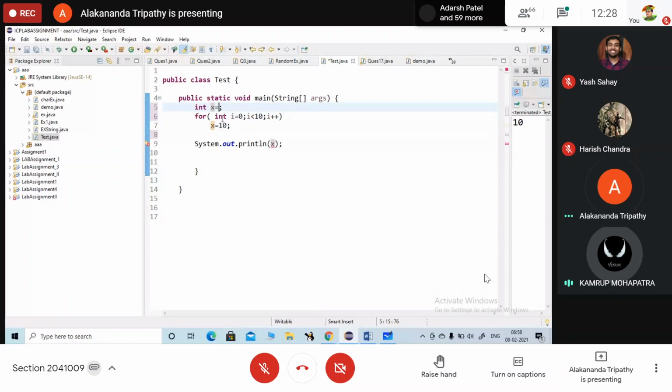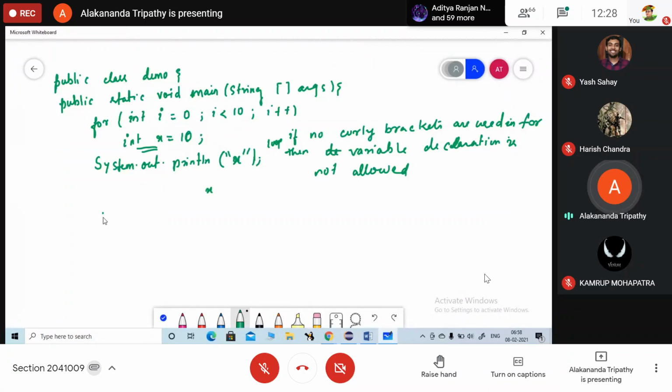Because, here, just a minute. This is my memory location. I am declaring here int x equals 10 or some value. Here I am not declaring the value within the loop. So now this variable is at some memory location. Let it be 1024. So what is the value you have set at x? X equals 0.